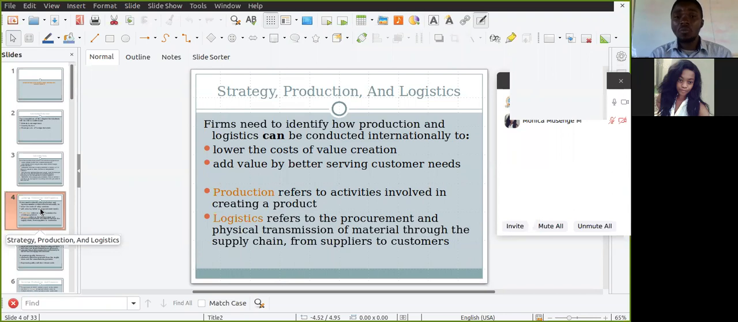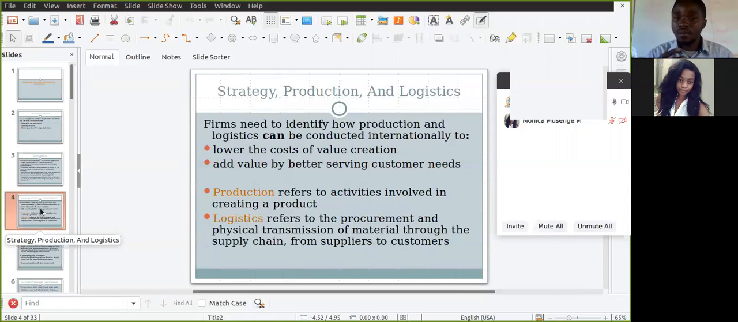So those are the what, how, and for whom questions you need to ask yourself. What do I have to produce? How am I going to produce it? And for whom am I going to produce this thing? Those are the questions which you need to ask yourself when you're